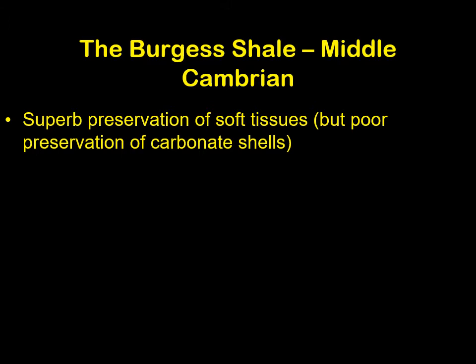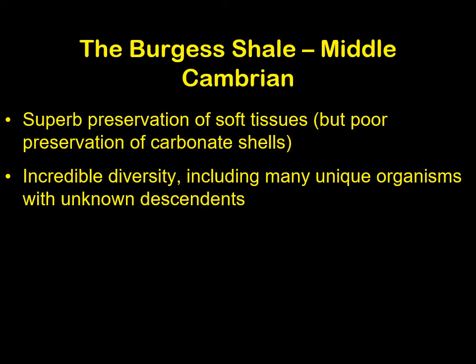Which means we can get more information than just looking at a shell. We can see how the shell attached to the entire body of an organism. And this has revealed an absolutely incredible amount of organisms, different diversity, many different species, including some things that we have no idea how to classify. And that's the take-home message of learning about the Burgess Shale: extinctions have happened in the past. There are organisms that have existed in the past that we can still see relatives of today. And then there's things that went extinct in the past, that's it. There is no living group surviving that extinction event.